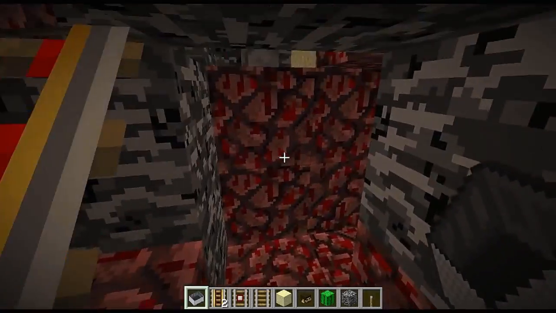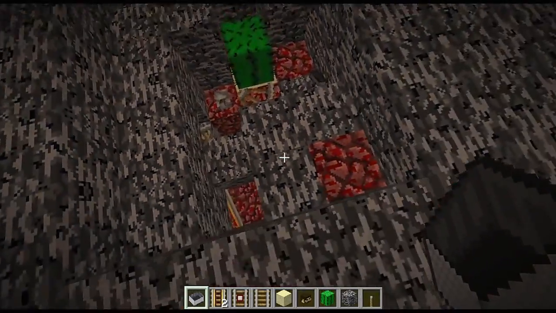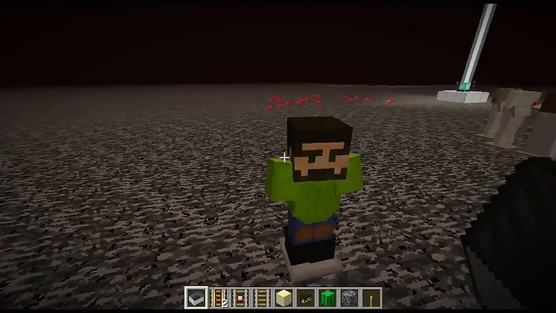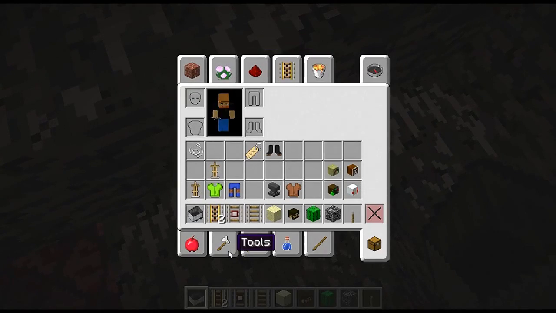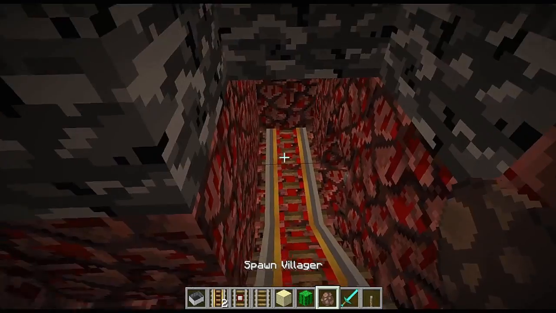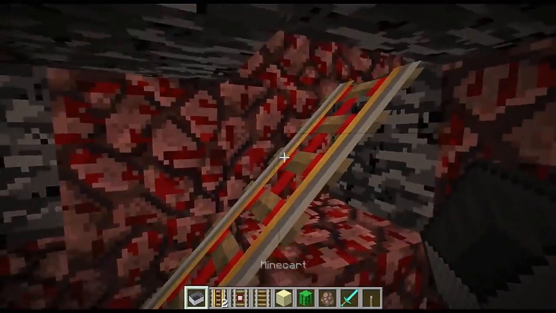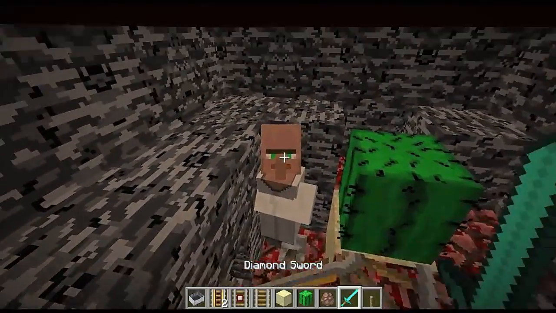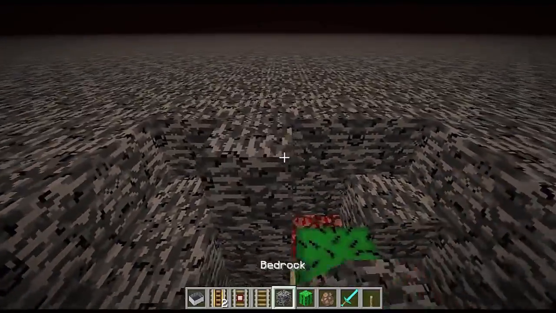Do a cart retrieval system if you want, just like we have over there. And let's go ahead and pick that cart back up. Anyway, so if we grab ourselves a villager egg, we can put a villager down here, send a cart into him, and he's up. Now, if we were to kill him, replace back all this bedrock,